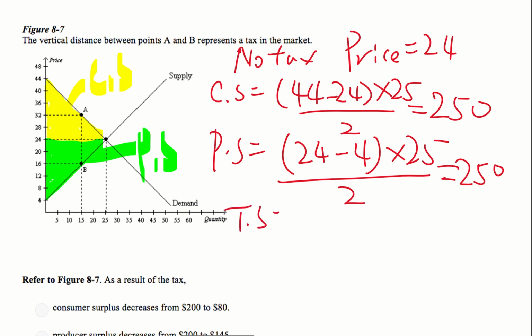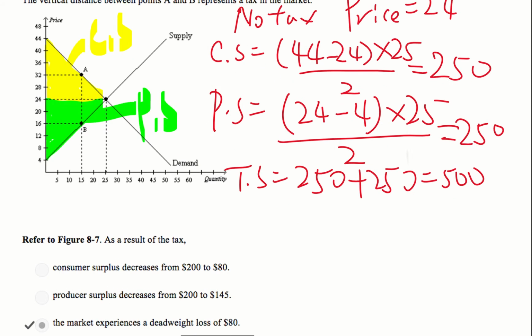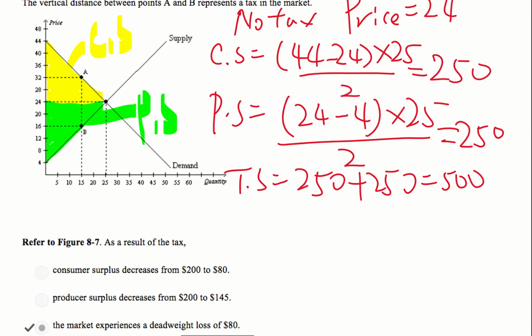Your total surplus is all together. So 250 plus 250 will equal 500. Okay, so that is what happens when you have no tax. Now, when you have a tax, this will all change. So with a tax,